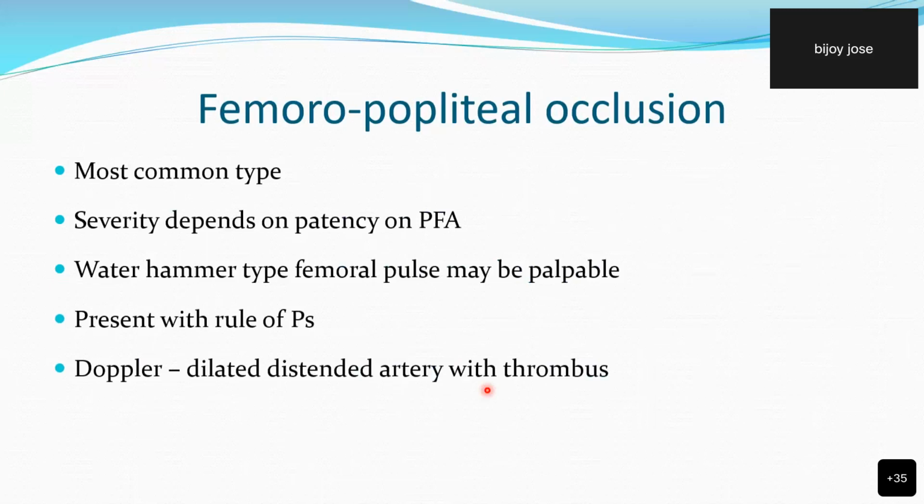Patients with femoropopliteal occlusion, this is the most common type. Severity depends upon the patency of the profunda femoral artery. So if the thrombus is sitting at the common femoral artery, which is occluding both the profunda and SFA,